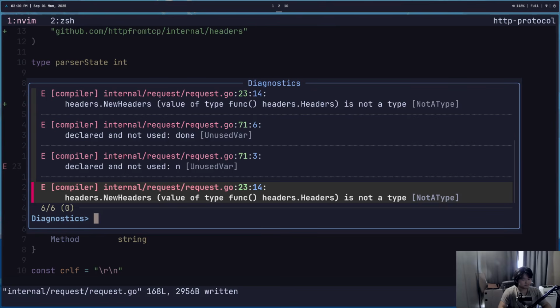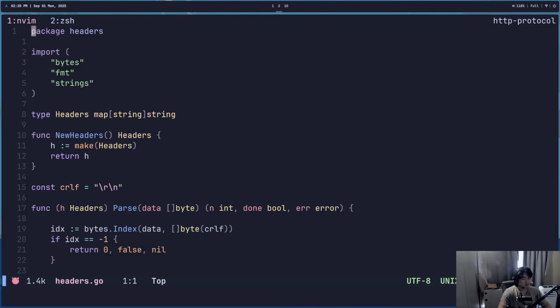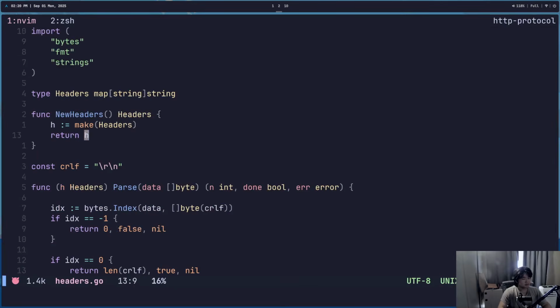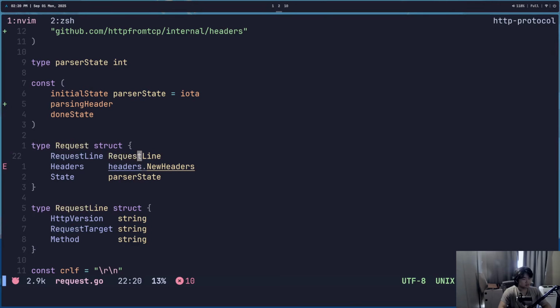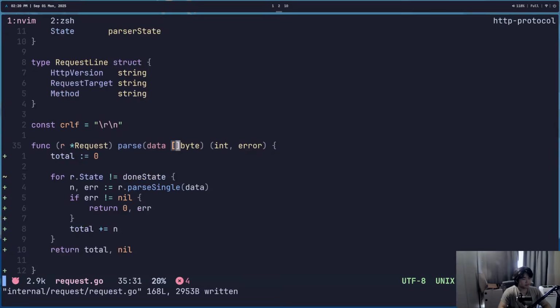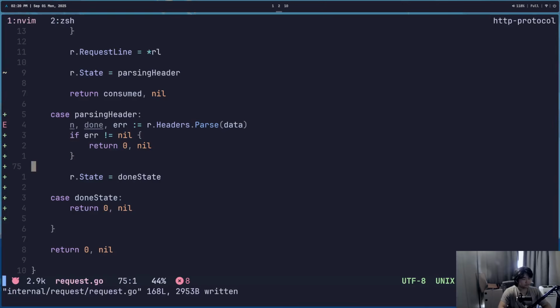It's not a type. Yeah, that's unfortunate. I don't know how to do that then. We could just put headers. Or I guess we could say headers dot headers, right? And then parsing headers, right? And done error r dot headers parse